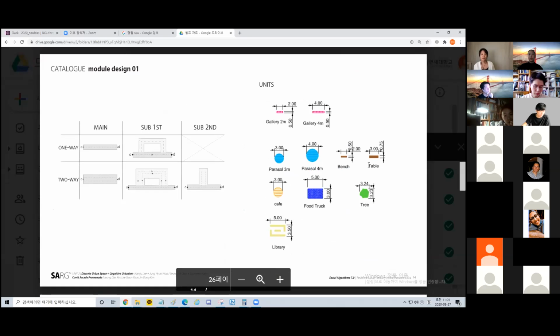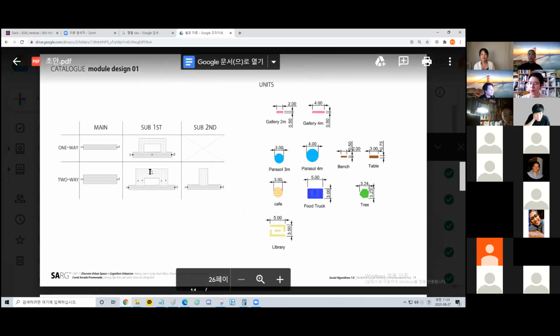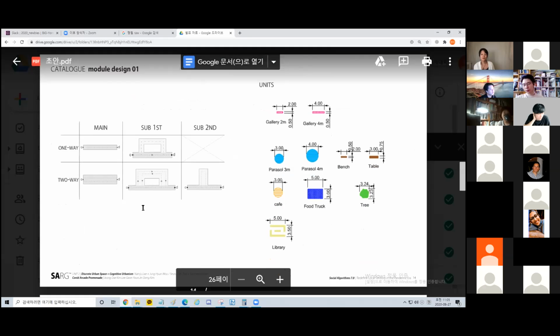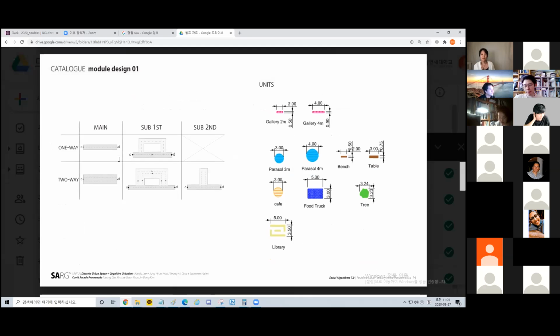So we developed the catalog more specifically. We set the rule of network line first. This is one of the strategies to deal with the overcrowd problem. Previously, I mentioned in here. By the 6-bit rule, we set the width of the main line to 2 meters if it is used one way,